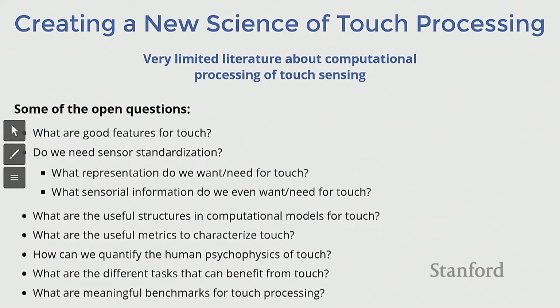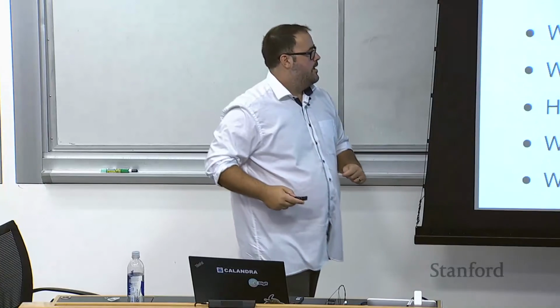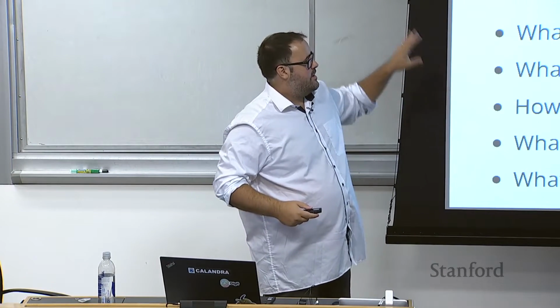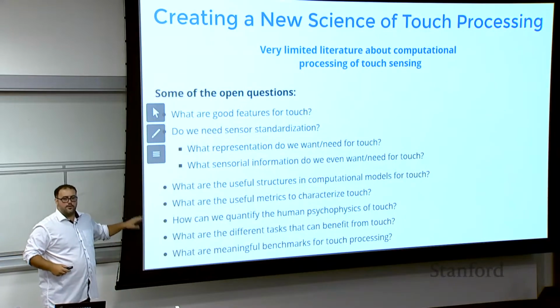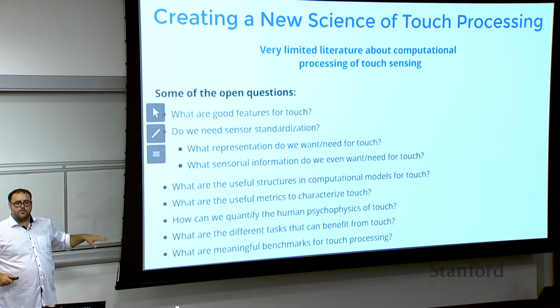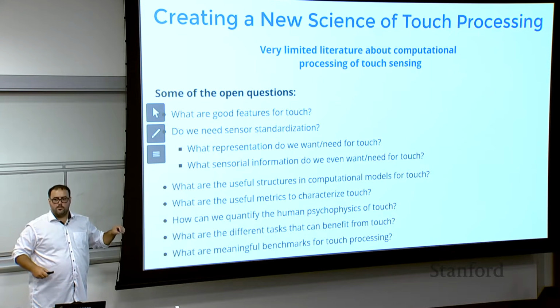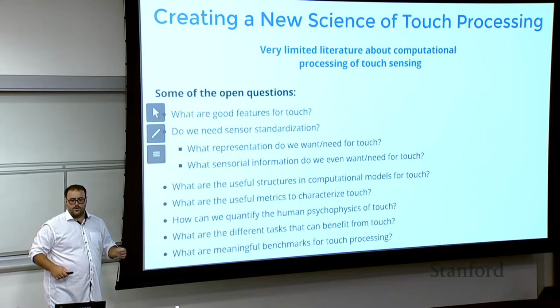And again, touch is a local sense where we can measure what we are touching. So it's much more active as a sense compared to vision, which is instead global because it gives you global information about what you're seeing. But it's virtually passive because you have no way of influencing directly what you're looking at, or at least not really. So all of this will result in a number of questions which are, as of today, unanswered, but that will be crucial in making touch practical and useful in the real world.